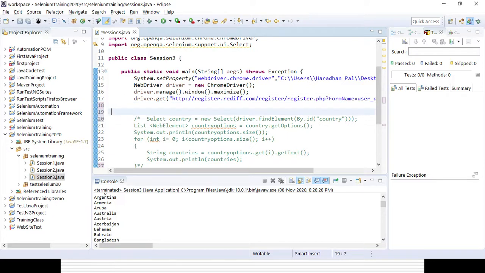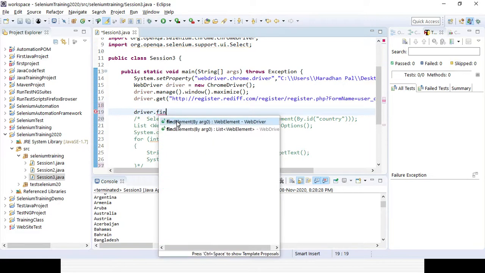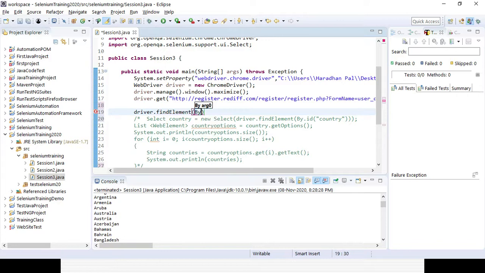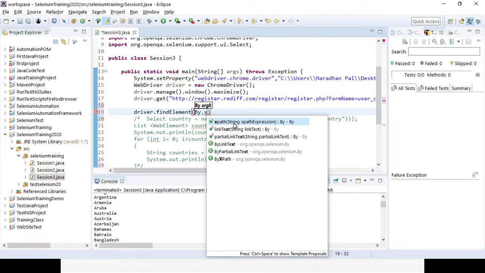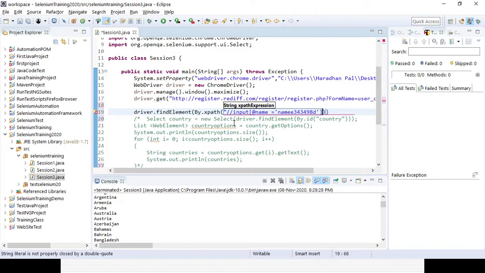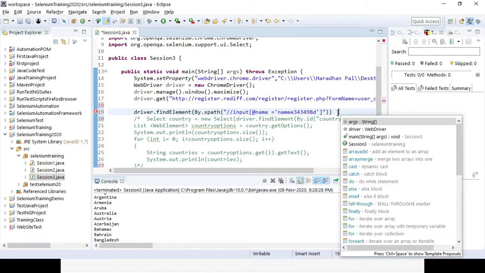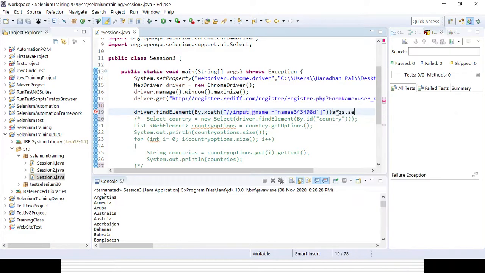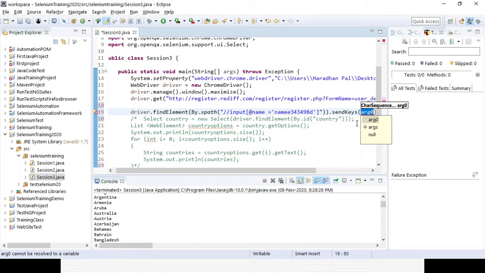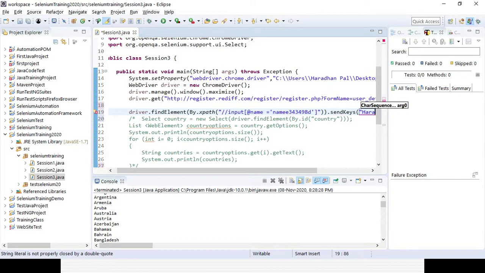It will be driver dot find element, and we are identifying the element through XPath, by dot XPath, and you need to give the XPath here. It is a text field, you want to add some values, dot send keys. In my last session I already covered it. Suppose I want to enter my name here.